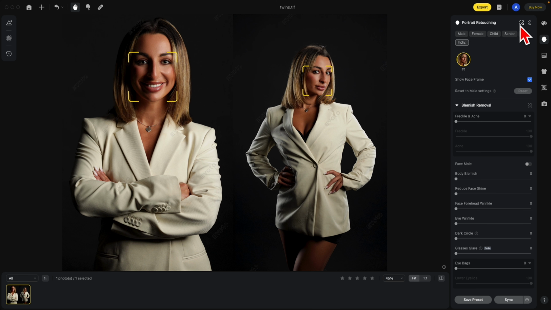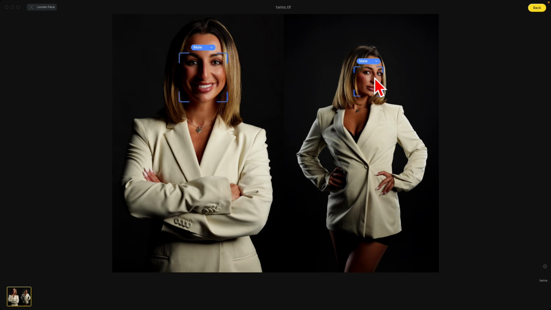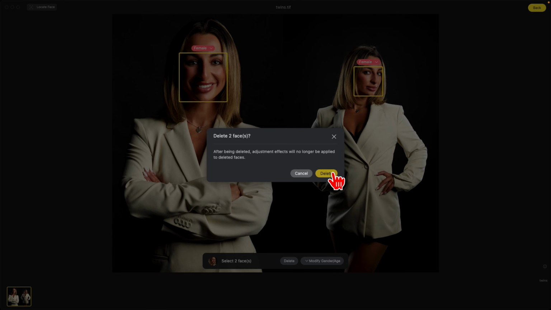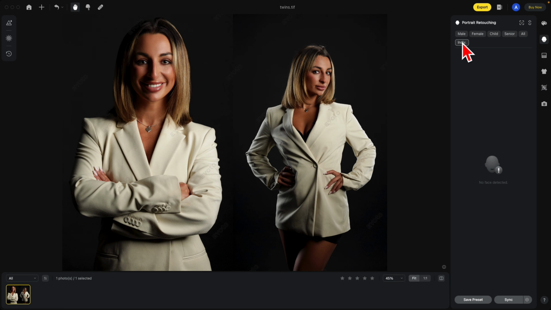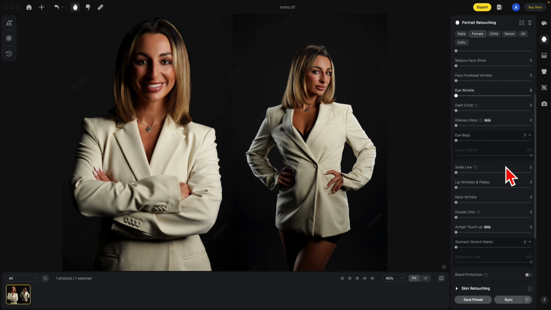We're going to go back to the face locate section. Let's change this back to female for now. Click in the middle of the box and notice you have delete. We're now going to be deleting this completely. Now, if you go back and go under individual, you'll notice no face is detected because we removed the detection. Even if you go to female, which it was before,